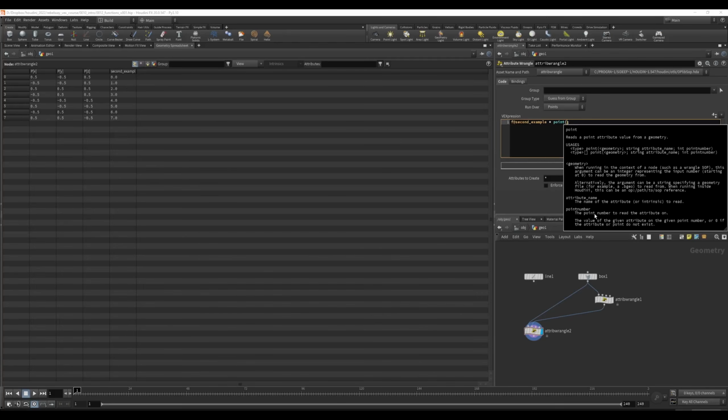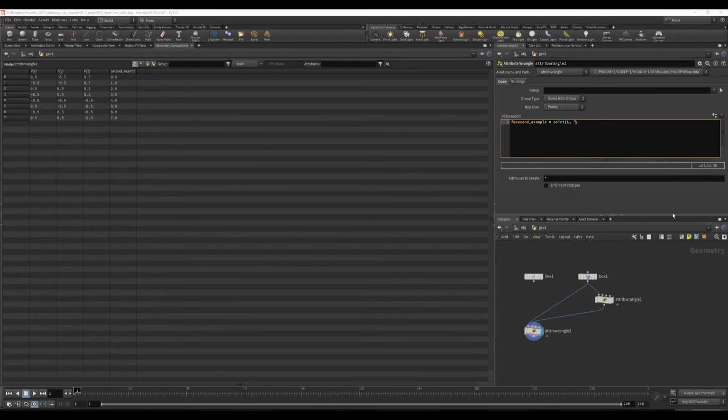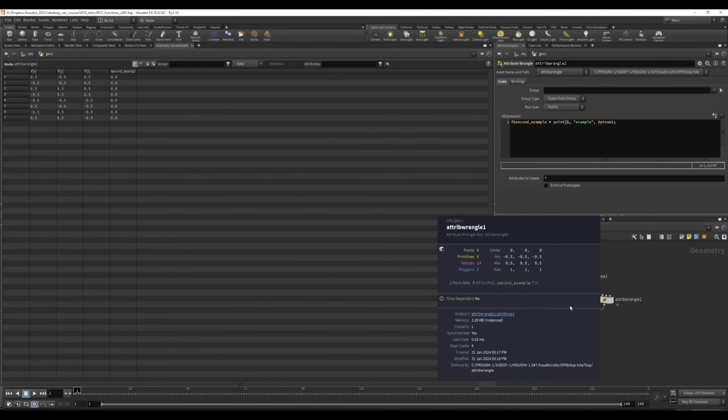Point number, the point number to read the attribute on, and this is going to be the value of the given attribute on a given point number, or 0 if the attribute and point do not exist. So we know that we're going to get returned 0. We're going to get returned the float 0 if this attribute does not exist. So we can just actually try that out really quickly. We can type in 1, example and then @ptnum. And we can see here that we do in fact get 0